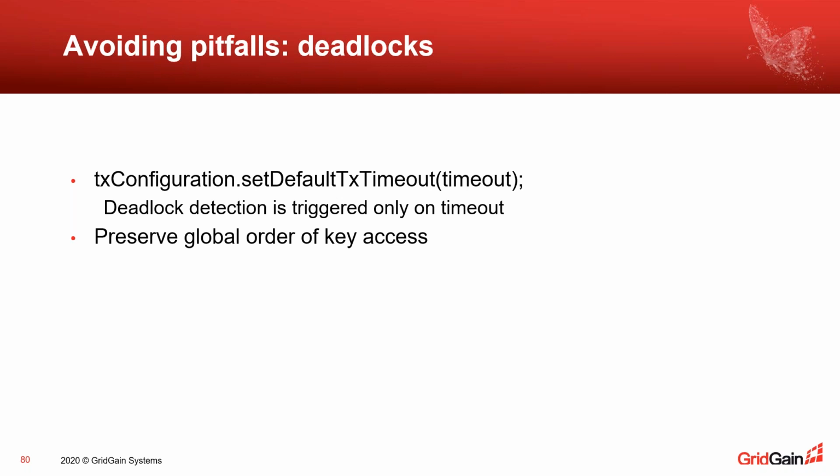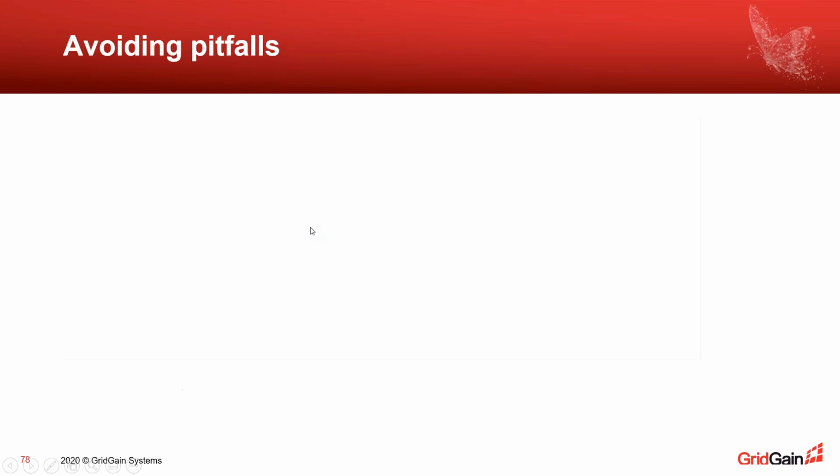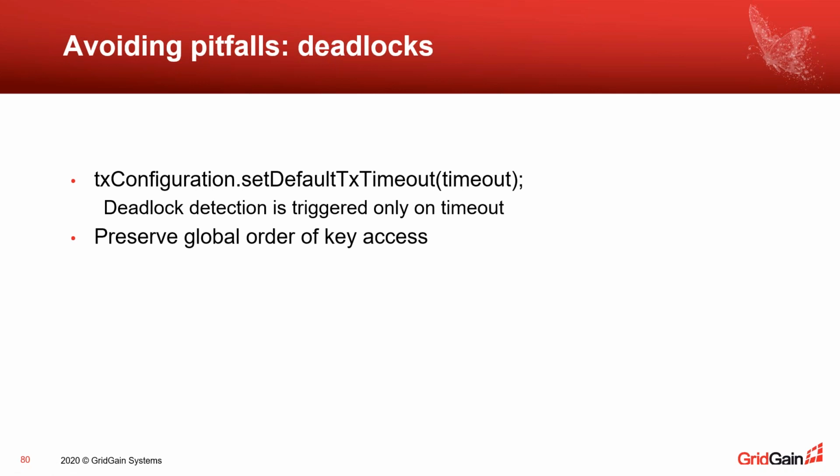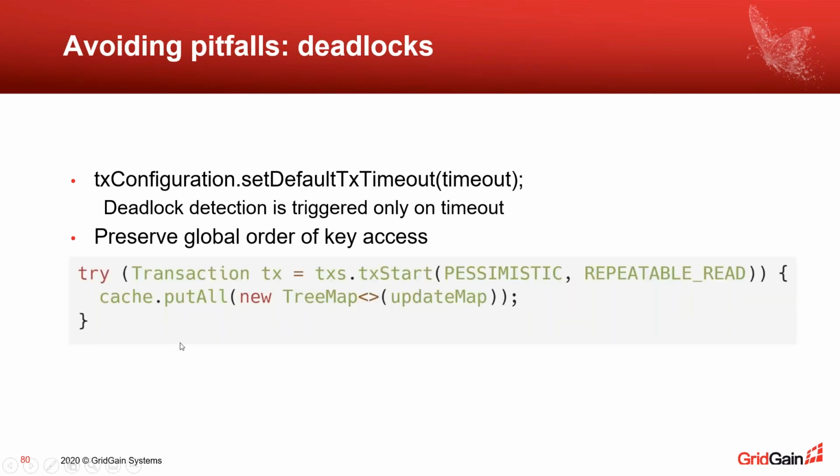Good advice for avoiding deadlocks is preserving global order of keys access. So don't write code like this, but sometimes accessing keys in reverse order can be not so obvious. For example, if you perform a put-all operation and you pass a hash map to the put-all method, the order of iteration over the hash map is not determined, and you may do concurrent transactions that perform put-all of the same set of the entries, but if you use a hash map, the iteration order will be somehow changed, and there will be